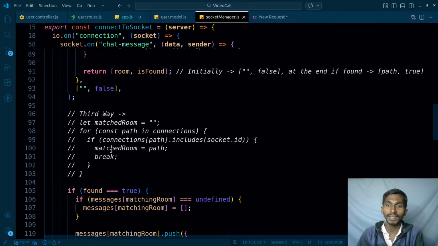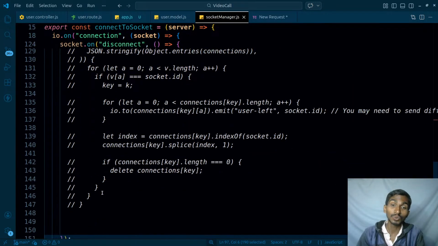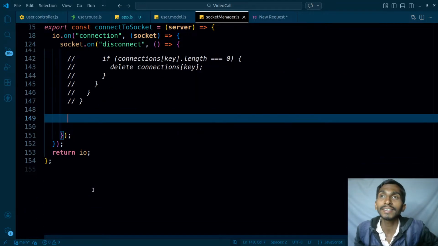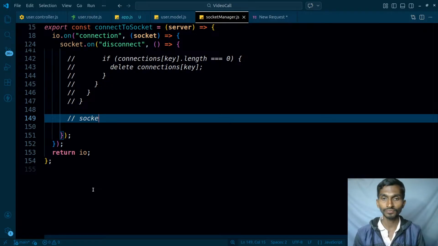The way I wrote this code earlier did exactly the same thing. Again, it's good to write the code this way, since sooner or later you will have to write advanced type level code. I don't know whether this is advanced or not, but let's write it in a really easy to understand manner. So what do you have first of all, and what is the job? The job is simple: you have the sender, I mean the socket ID. Using the socket ID, you have to find